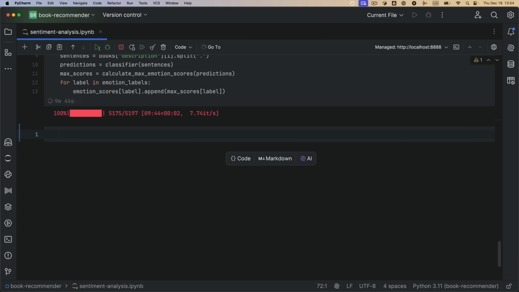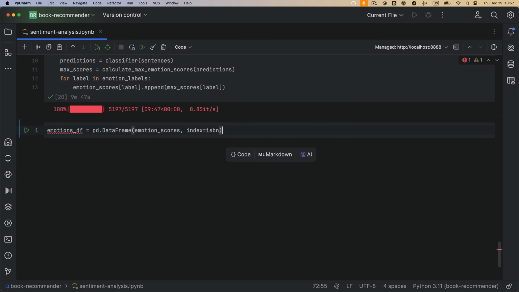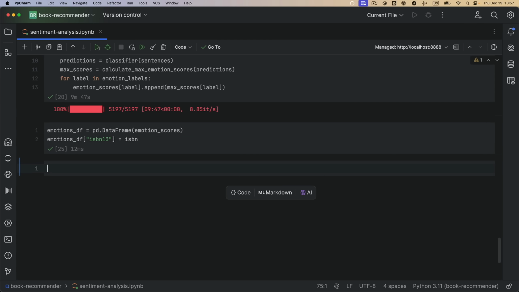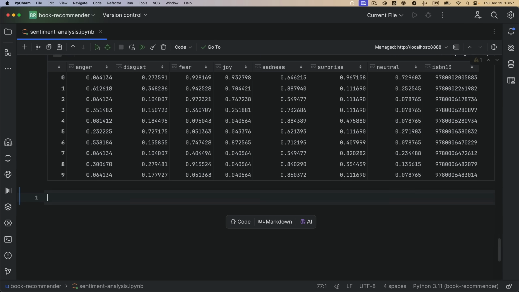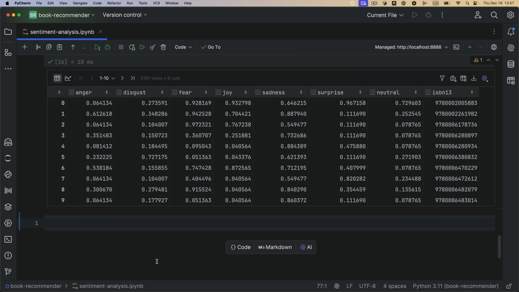So I'm just going to skip ahead and we can now have a look at the results. And with that done, let's now pass the results of this dictionary into a pandas data frame. We don't want the index to be ISBN, but what we are actually going to do is create a separate column for ISBN and assign the ISBN list to that. If we have a look at that data frame, we see we have exactly what we wanted, a separate column for each of the emotions, and each of those columns contains the maximum probability